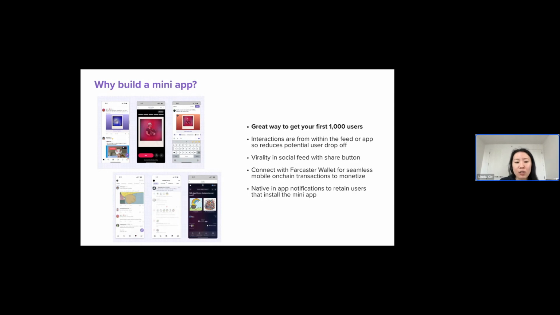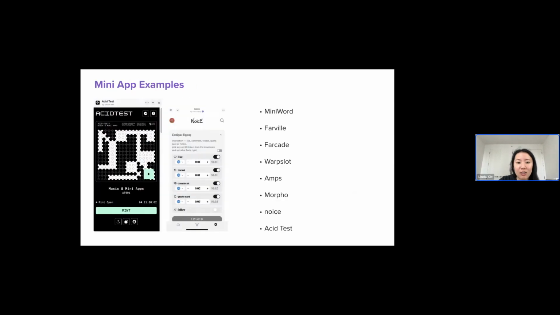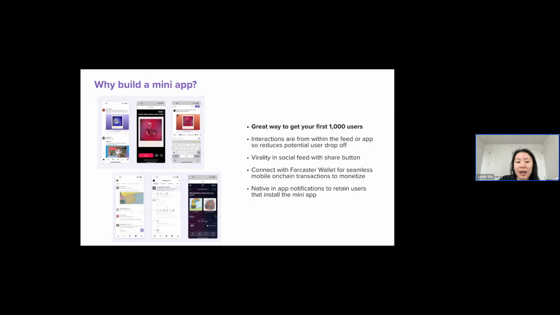And so one huge benefit is when you are building the mini app, they have users within the feed, and you're able to share the mini app. An example here is a user posts a mini app within a feed, and then other users can click on it, discover and open it. And if you add a share on Farcaster button, you're able to have users share that within their own feed.